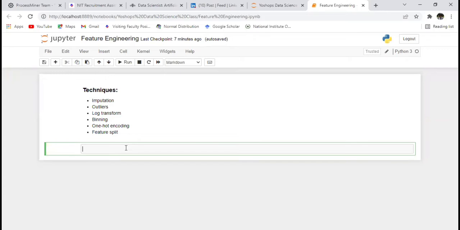Somehow if some value appears incorrect, you will replace that with some sensibly correct values. So here imputation is with this meaning. So we will see imputation. Let's first encounter these outliers. It will make the picture more clear. So when we say outliers,